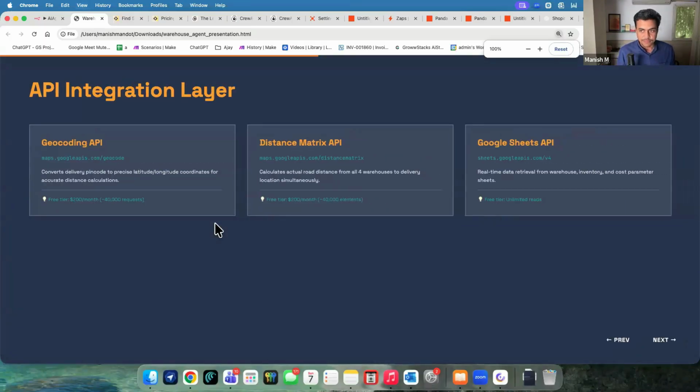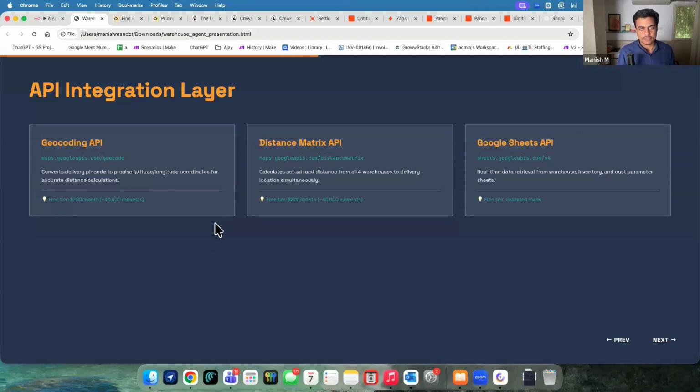How can this be achieved? This whole automation is going to be built on top of, or maybe enabled by, something called Google Maps API. And Google Maps has various APIs, but the two which we are going to use are the geocoding API, which can get us the latitude and longitude of any given location, right? Any address across the globe, even a zip code or based upon a particular address line, it can get us